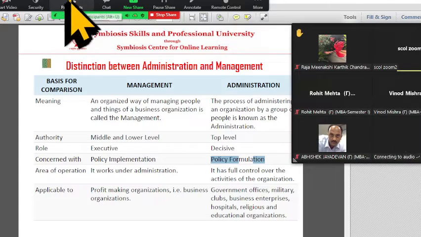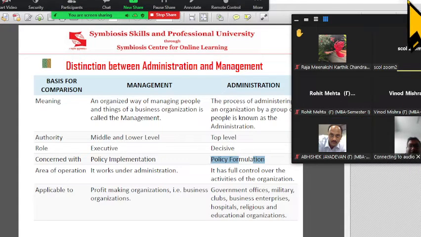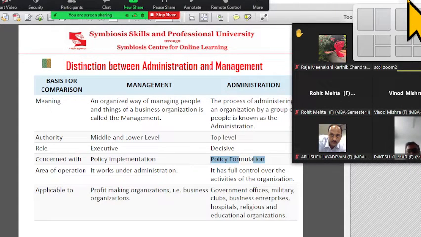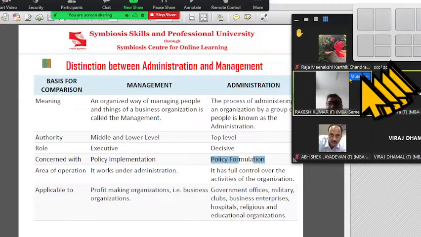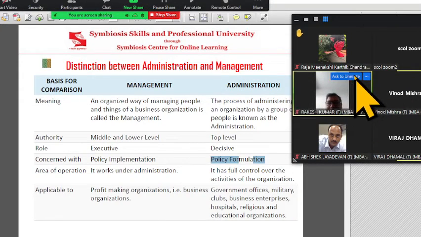Policy formulation is something related to the mission and vision of the nation. If we talk from the government point of view, if we talk from the organization's point of view, then probably